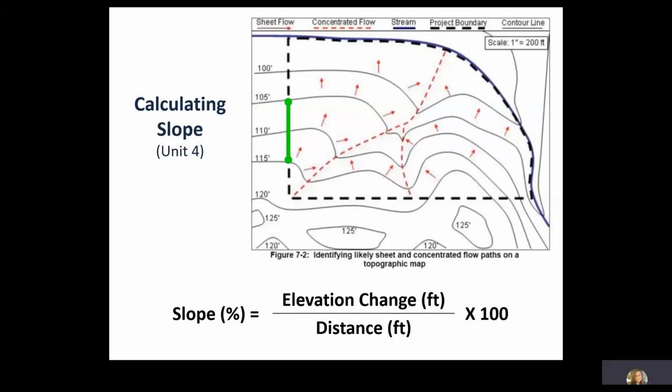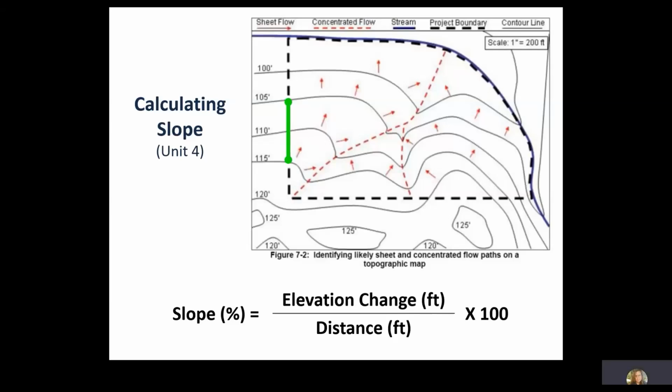The next thing we need to determine is the distance of that line. In order to do this, we must first review the map scale, which is 1 inch equals 200 feet. Now, if you had a physical map, you would simply use a ruler to measure the bright green line. In this case, that line is 1.5 inches in length. And using the map scale, we can determine that 1.5 inches in length equates to a distance of 300 feet.